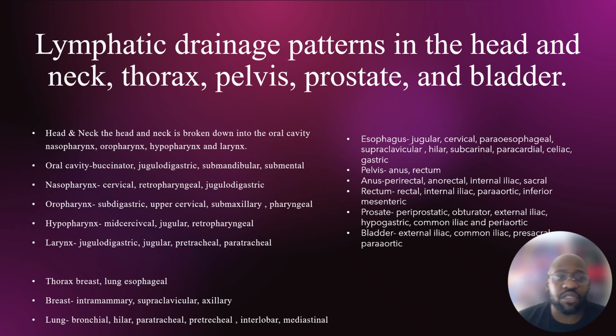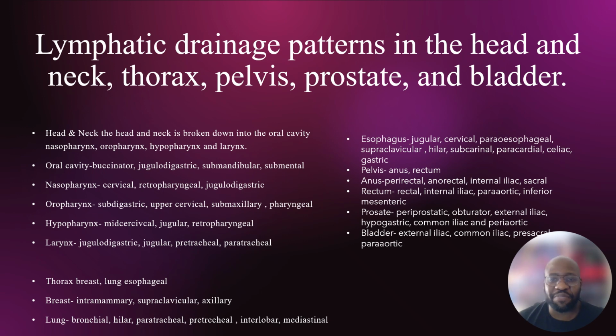But if we're dealing with the nasopharynx, it's going to first go into the cervical, retropharyngeal, then jugulogastric. Oropharynx is the subdigastric, upper cervical, submaxillary, pharyngeal. Hypopharynx is mid-cervical, jugular, and retropharyngeal. And larynx is jugular, gastric, jugular, and paratracheal, and pretracheal and paratracheal. For the thorax